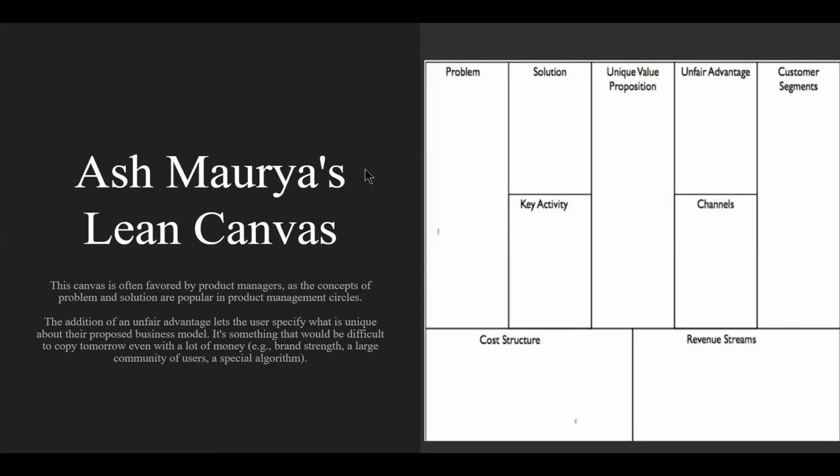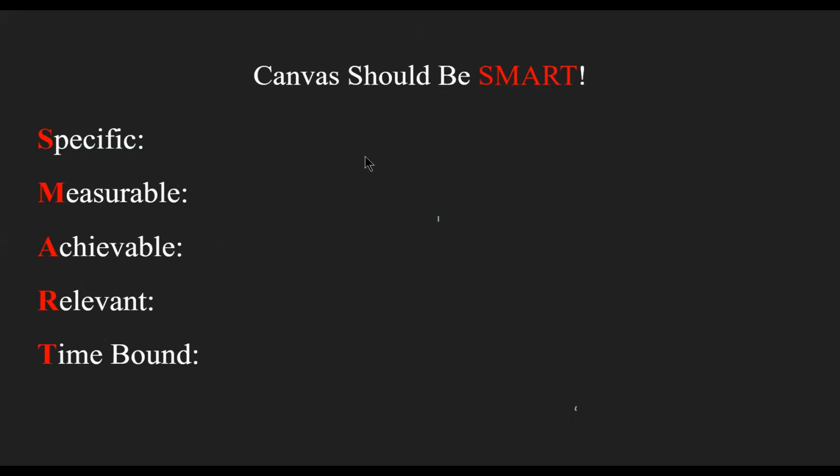Yeah, this is Ash Maria's lean canvas. There is something that I really enjoy while doing a canvas and basically any other thing. When you take a canvas in front of you and start writing down your ideas, your canvas should be smart. What is smart? As you can see on the screen, it should be